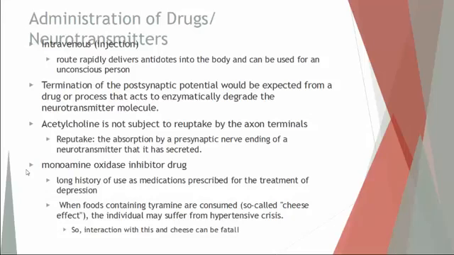Because normally what the body likes to have is a balance, especially when it comes to chemicals in the brain, neurotransmitters, or enzymes, or hormones. You don't want an extreme on either side. You don't want anything to get too high or anything to get too low. That's when you get some major problems. But with monoamine oxidase, that tends to keep those three that I mentioned, norepinephrine, serotonin, and dopamine, it tends to keep those levels too low. That's why you get depressed, or one of the reasons why you get depressed.